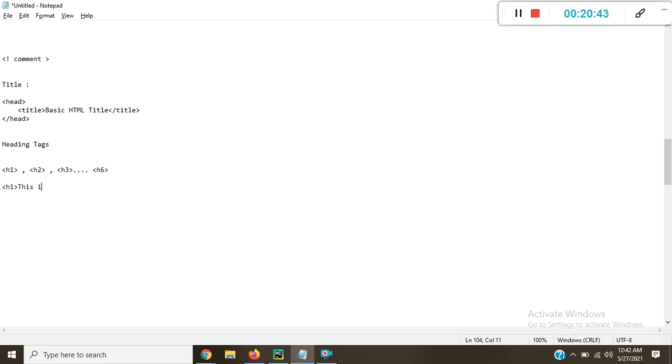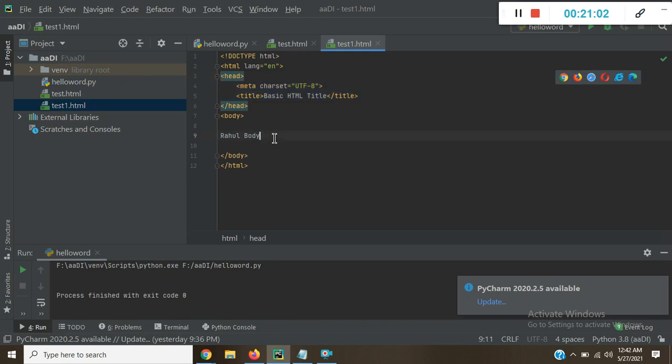This is the H1 tag, and close this tag like this. So this is our H1 tag. Just copy this and put it inside this.